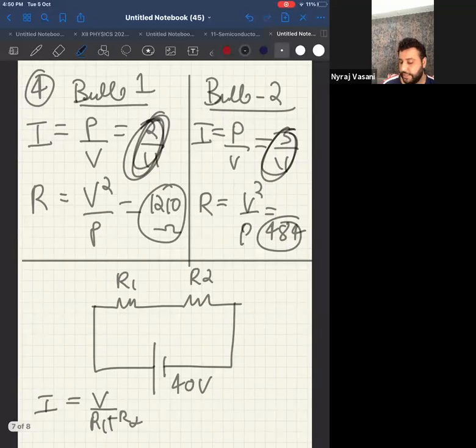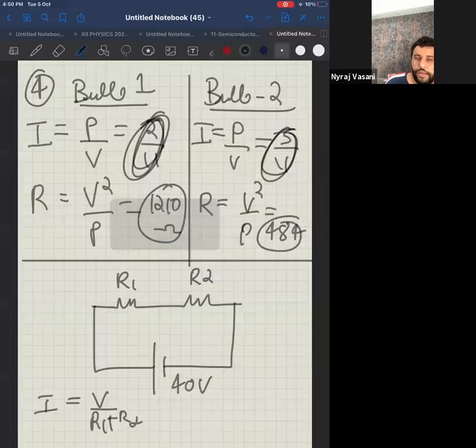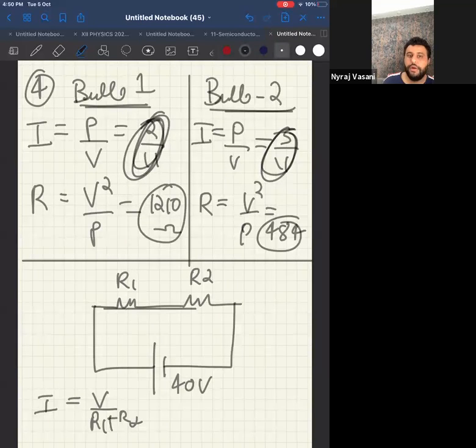Please look at the screen again. Okay. You will be given two bulbs. You will be given that they are in series. First, you have to calculate current and then you have to calculate resistance individually. Why do you need to calculate current? Because you need to compare your final answer of current with the individual bulb. Why do you need resistance individually? Because you need it for the next step where I need the total current in the circuit.